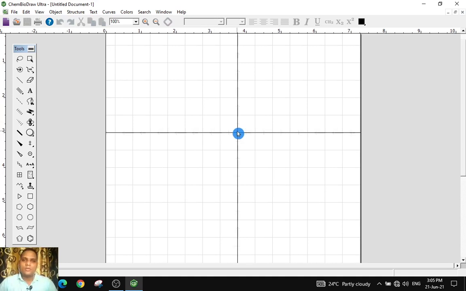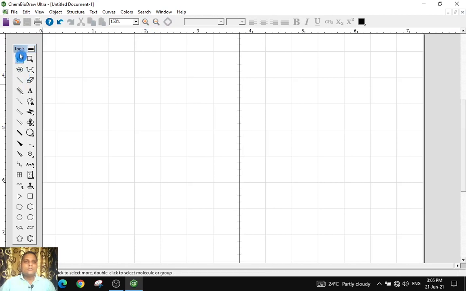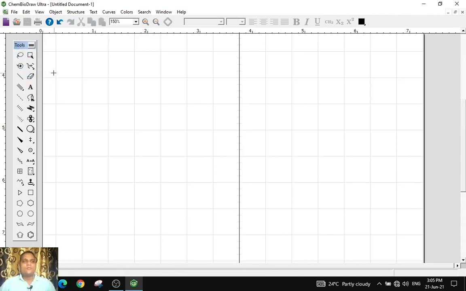Before one decade, people used ChemDraw only, but nowadays the biological tools are also incorporated into ChemDraw. So that's why we call it ChemBioDraw. After opening ChemDraw, we can get this kind of interface. In the beginning, we will just learn the basic details of ChemDraw with these tools only. So in this tutorial video, I will show you how to use these icons one by one for drawing the